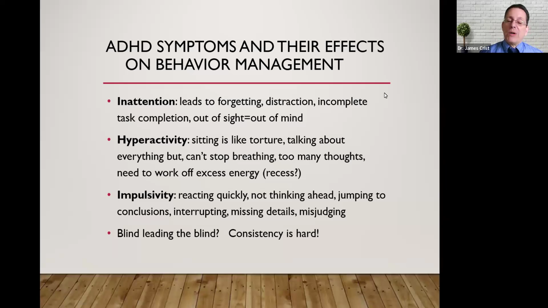For example, if you're trying to do a reward system and you have 4 kids and you're trying to do rewards for everybody, that can be overwhelming. And so you're going to most likely have to make it a simpler system to make it a little bit easier to administer. And we'll talk about behavior systems in a little bit.